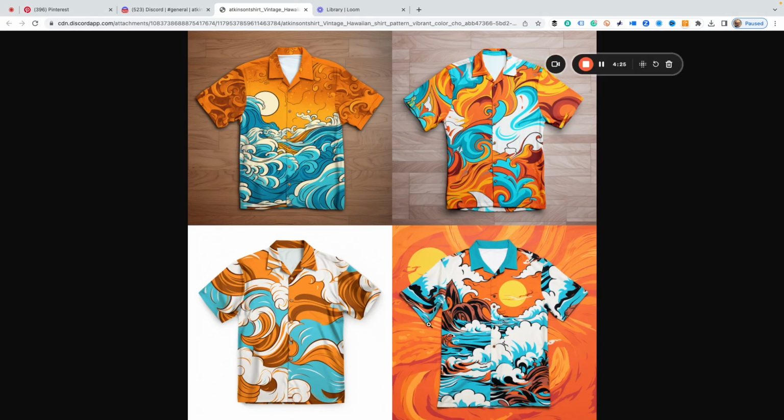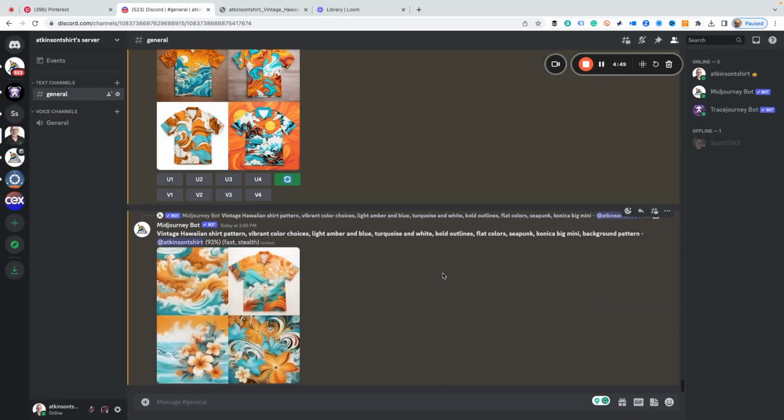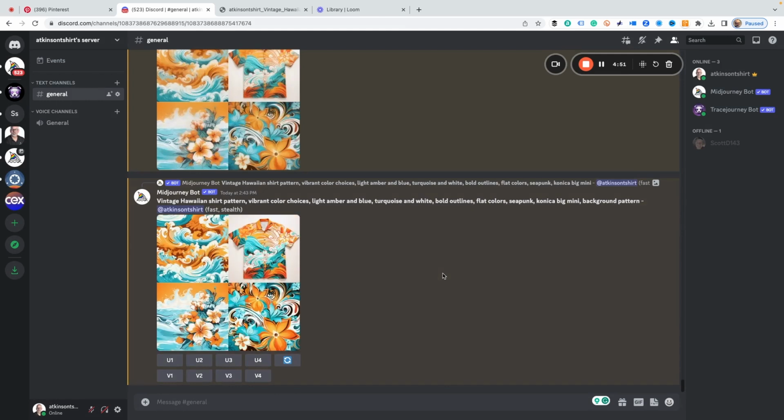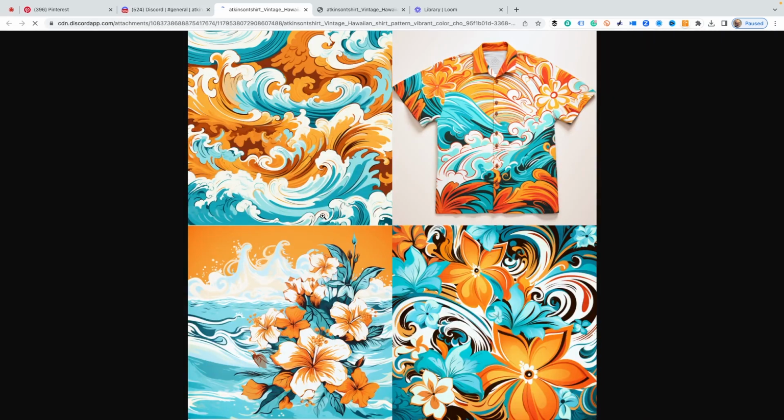Actually, these are kind of cool looking. I really like this one on the #1 position. That looks really neat. So if we're designing actual products, maybe this is something we could do, right? And I like the fact that the sleeves and the upper part are orange and the body is more blue with the waves and stuff. That's kind of interesting. So here's our result that we got. And we got some cool splashes and waves. We got some flowers. We got another shirt. I like this #1 here. Let's re-roll that